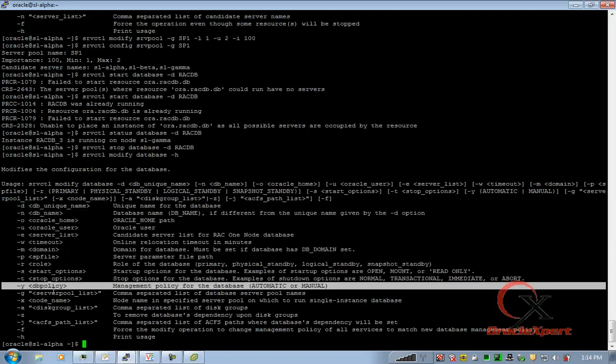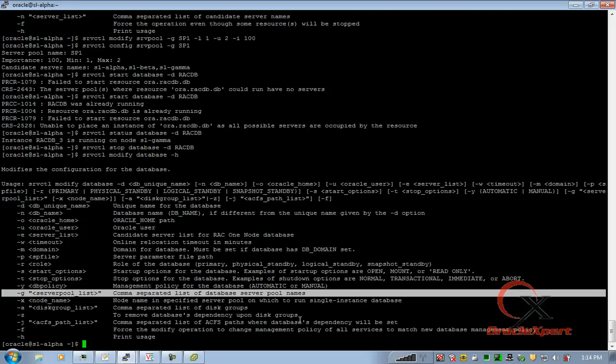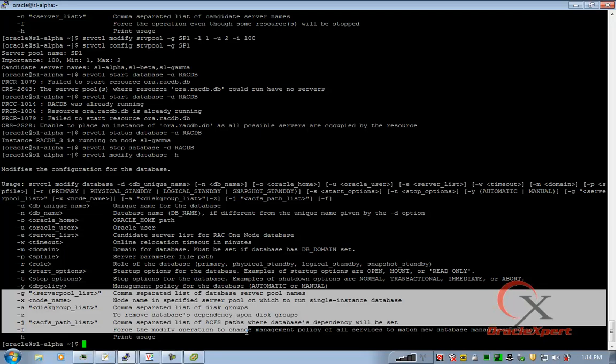That's not for that one. That's for whether or not you want to start the database automatically or manually. Server pool, there is no way you can convert it back to admin managed.